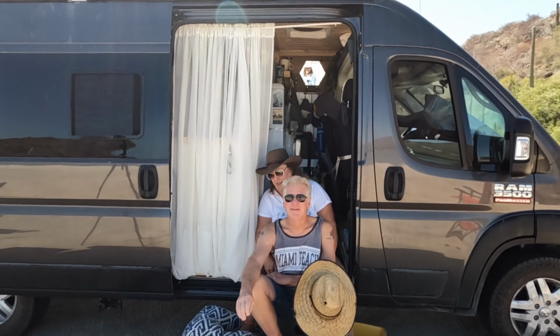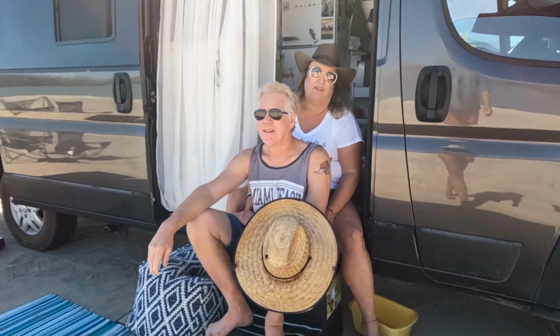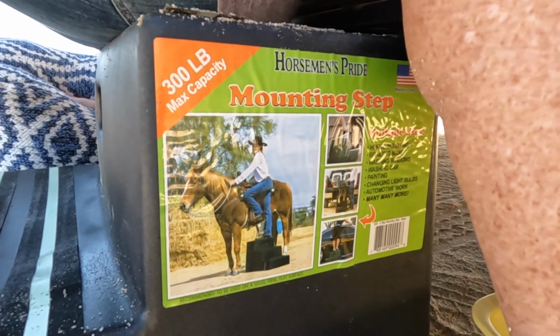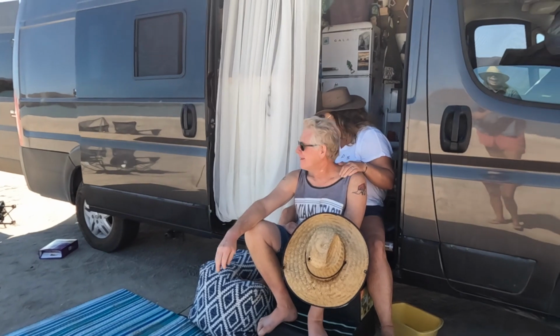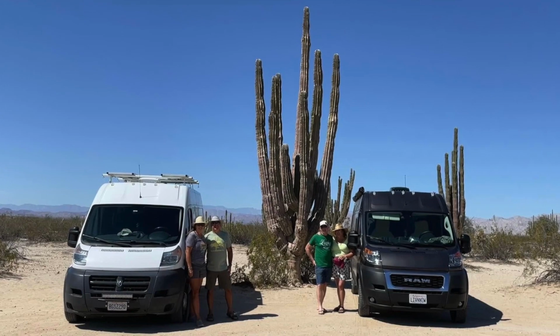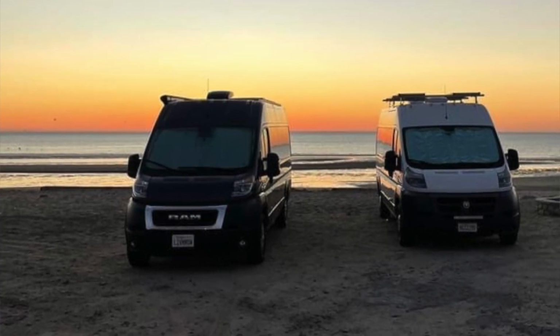On here are horse steps, like for getting up on a horse. They're really lightweight, hollow inside, plastic. They work out great coming in and out. I can have a couple tequilas and get right in. And we decided to remove the street tires and put some Wild Peak all-terrain tires on it for the trip, just to make it a little easier to get through some of the rough terrain that we encountered. Dirt roads, sand on the beaches, and